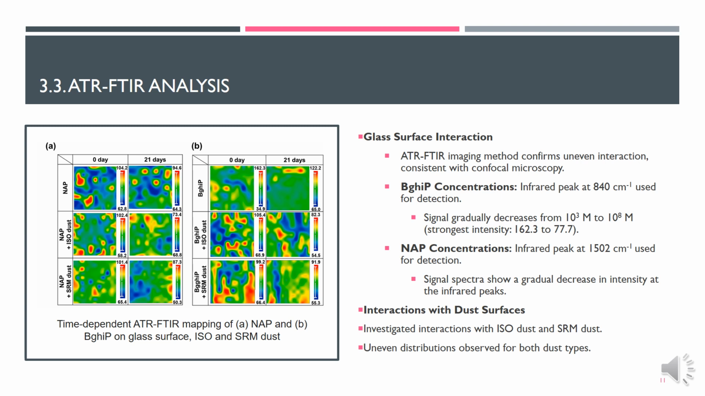Moreover, I investigated the interaction of the volatile compounds with dust surfaces, isodust and SRM dust, revealing uneven distributions for both dust types, as shown in the figure. Time-dependent volatilization was recorded at 0 days and 21 days, indicating discrete intensity in the characteristic bands for both naphthalene and benzopyrene in dust samples. Comparatively, degradation on the glass surface exceeded that on the dust surfaces, suggesting partial absorption of impurities by the glass